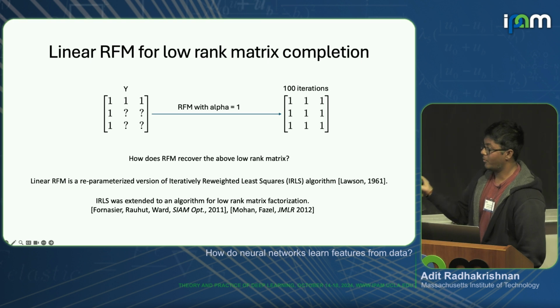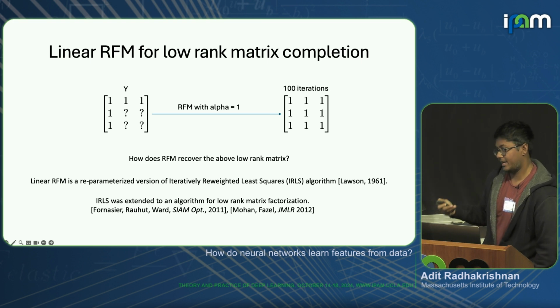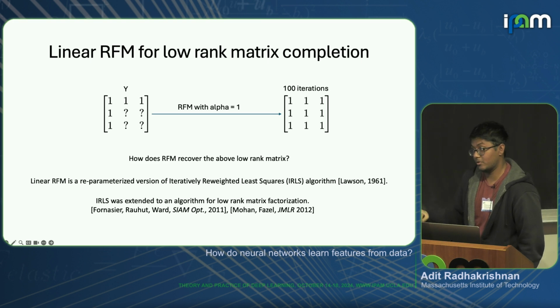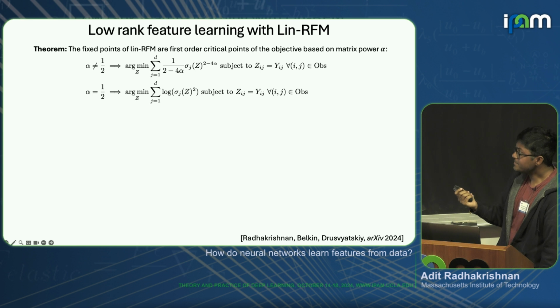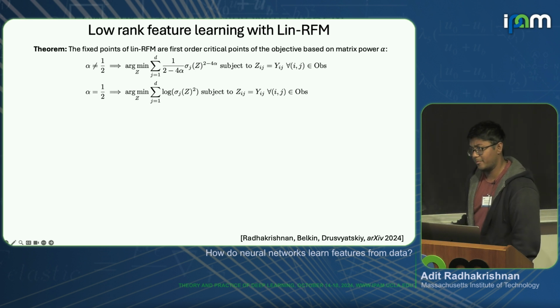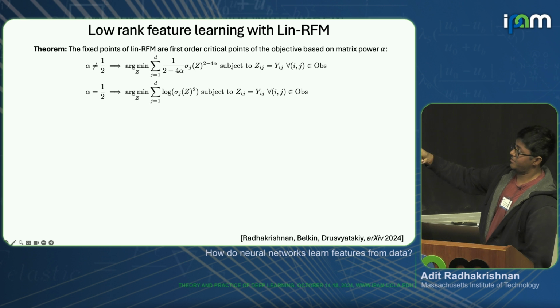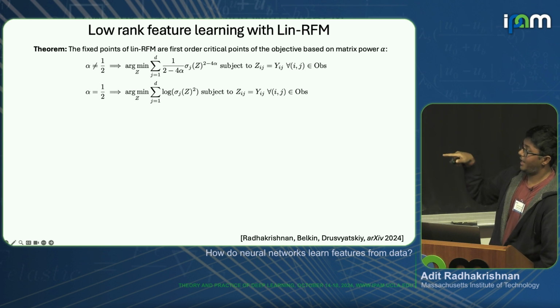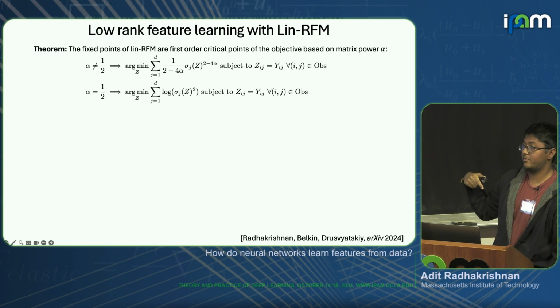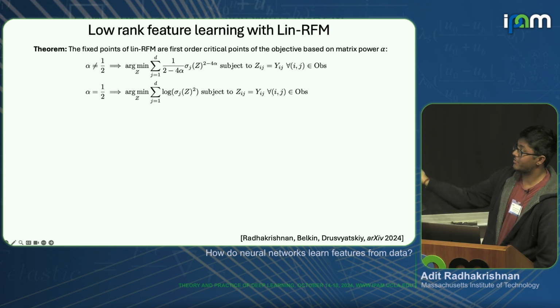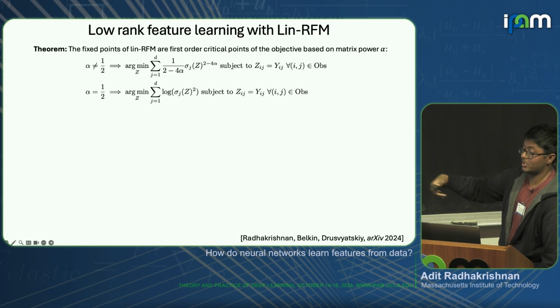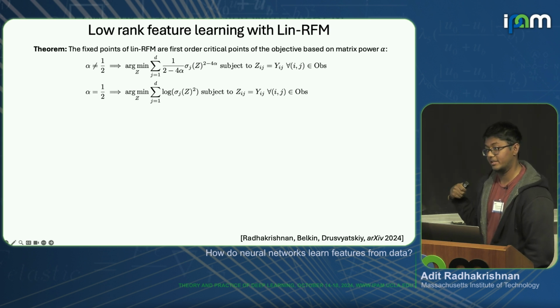And so what we can do is, since we have these dynamics, we can actually just understand what the first order critical points are, and we can understand what the fixed points of RFM are. And in fact, if we looked at the fixed points of RFM, it turns out those are critical points of sparsity or low rank encouraging objectives. And in particular, what we have here is instead of solving least squares and fitting the data, you're now implicitly minimizing a specific norm or pseudonorm while fitting the data.